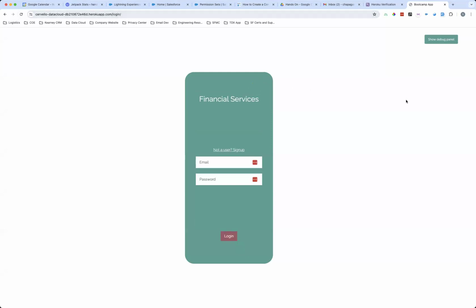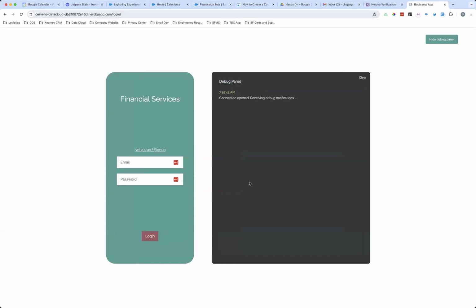Yeah. So if you come to this mobile app, this is what it looked like. And if we open up the debug panel, say we have all that set up. You created your connected app, you have all that authentication and authorization done, and you passed those 3 checklist items to your developers, in this case the mobile app developers, and they included that in their code to make those API calls. Then now if anybody logs in, for example, I have the test user here,